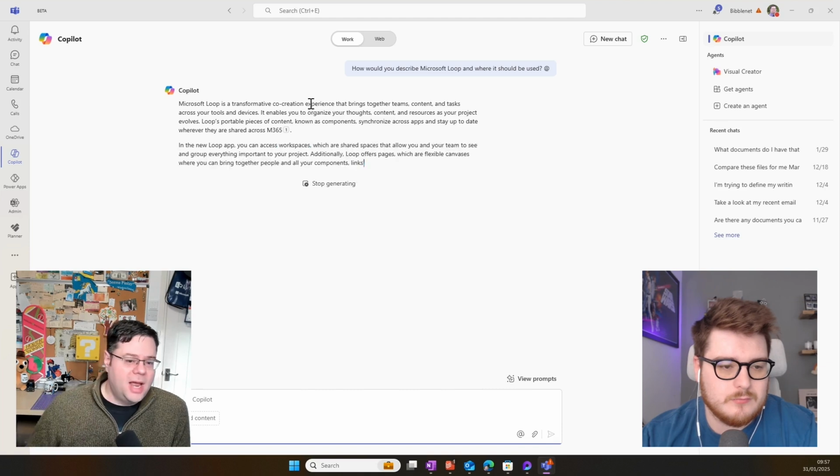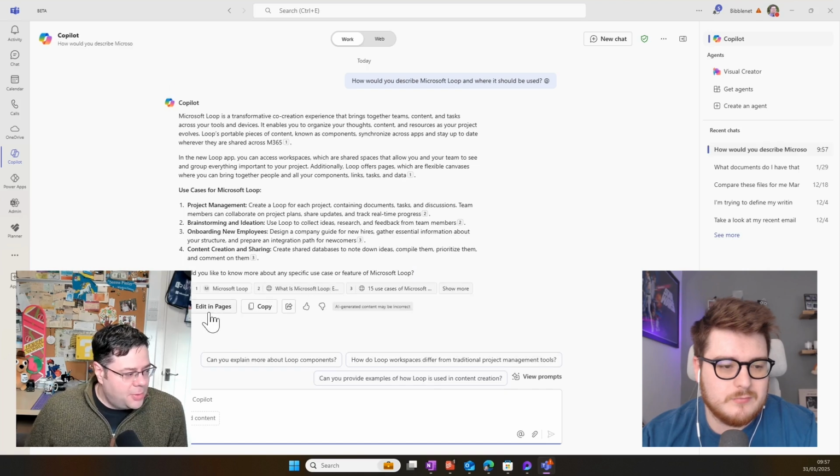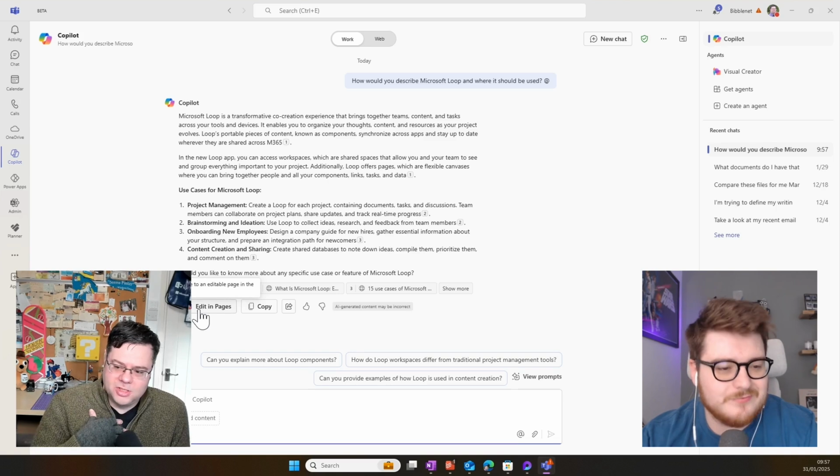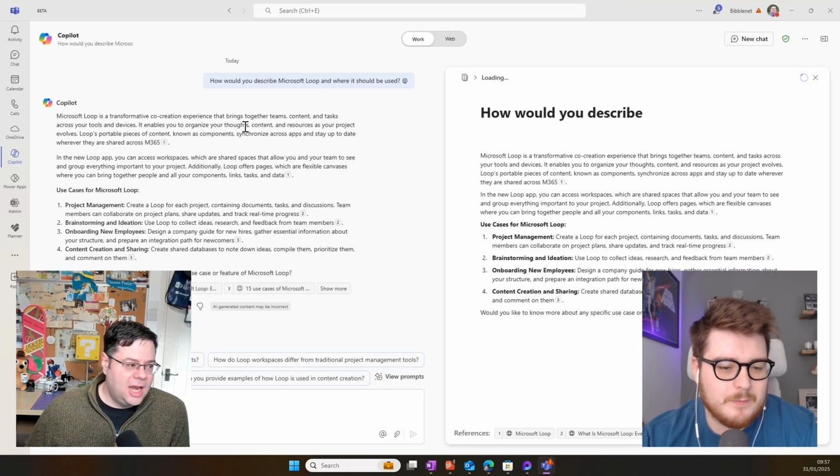Anyway, let's hit go on that. Another interesting use case of where Microsoft is pushing and embedding Loop is when I get my answer saying use cases for Loop: project management, brainstorming, content creation. Can you see at the bottom of my response, I've now got the option alongside copy to edit in pages. That pushes the text of that answer into a Loop component.